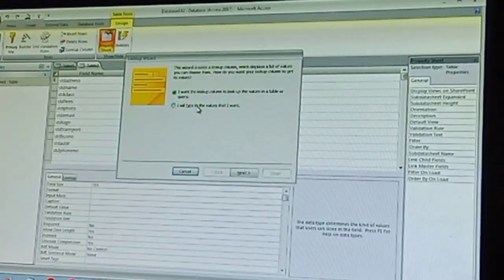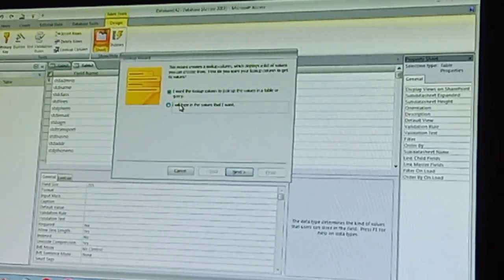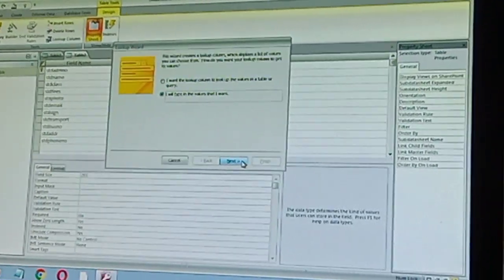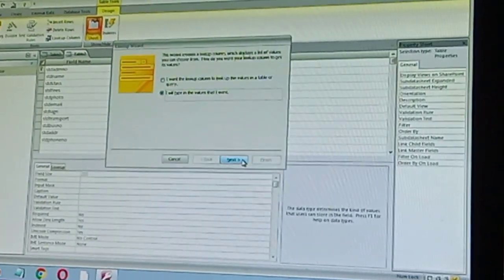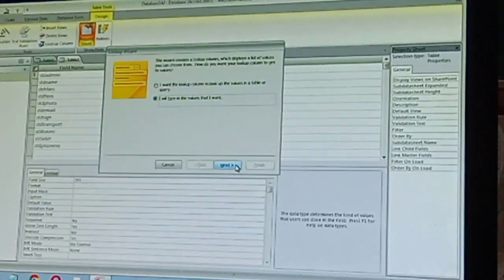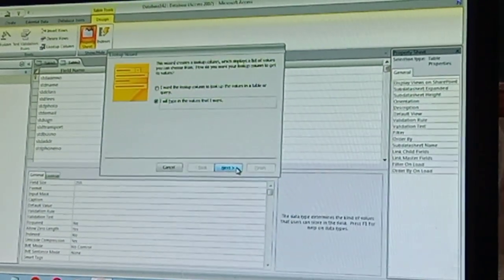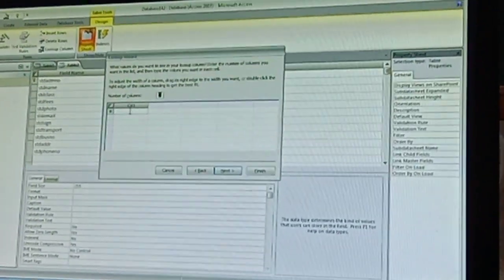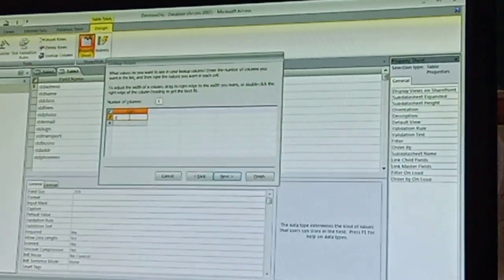I can choose I will type in the values that I want. That means the bus number may be 1, 111, 80, 90, similar numbers which are known only to the school. Then accordingly you can select the numbers. You can type the first number in column, 111.